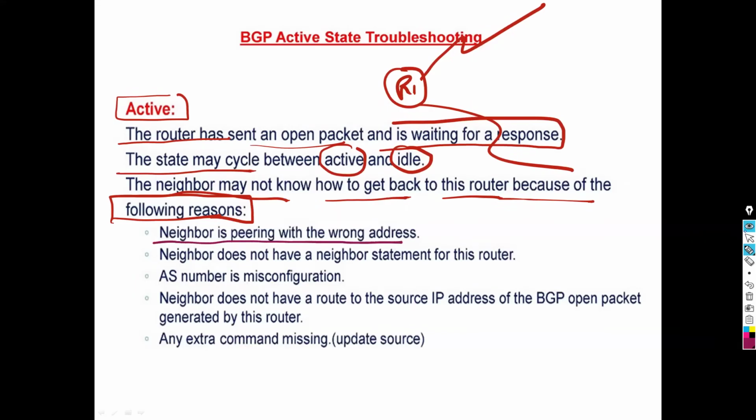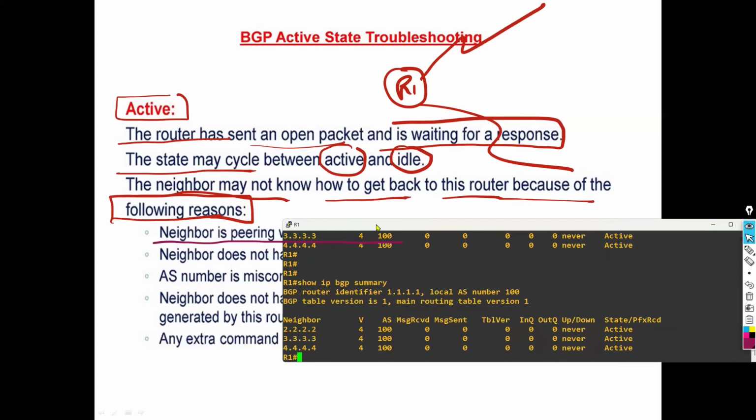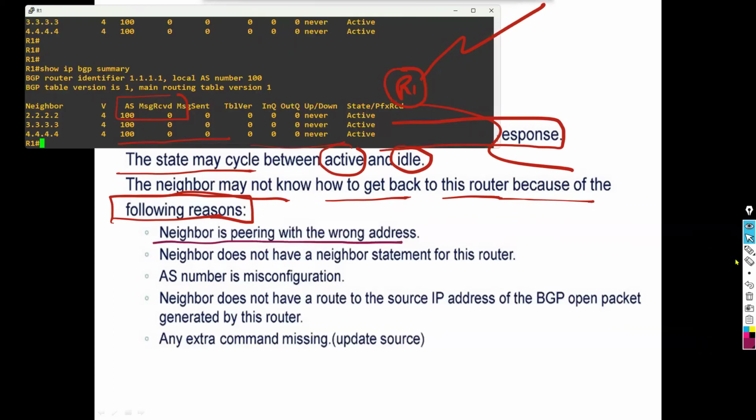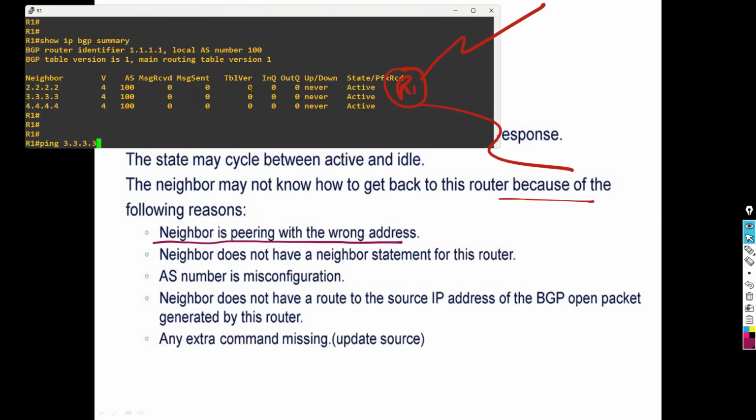In our configuration, we have a neighbor relationship with the actual IP, right? If you check our configuration with show run, pipe BGP,